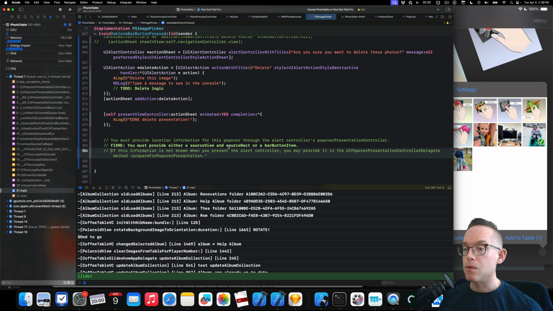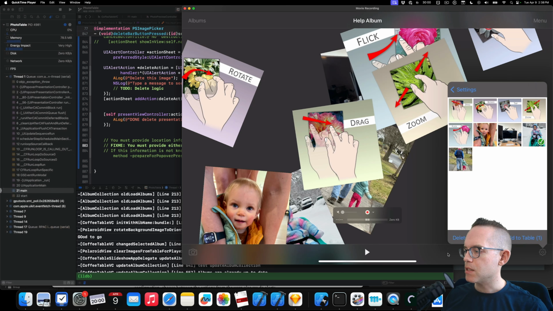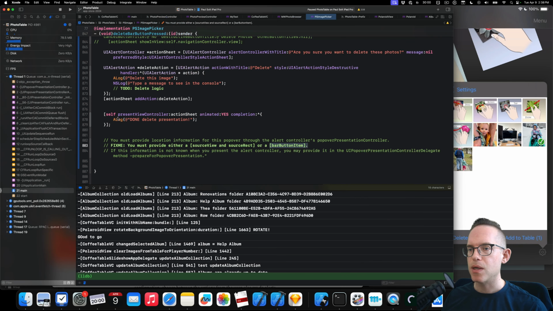And we either need to do this or we need to do this. It's either this or this. So in this case, I'm coming from the delete button. So I'm hoping that we can just set that up. And so we need to set this on the popover presentation controller. And I believe that is just